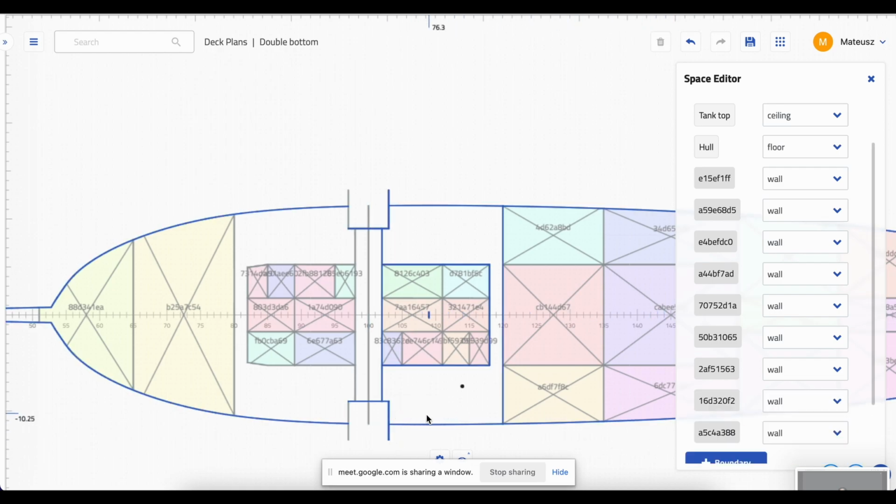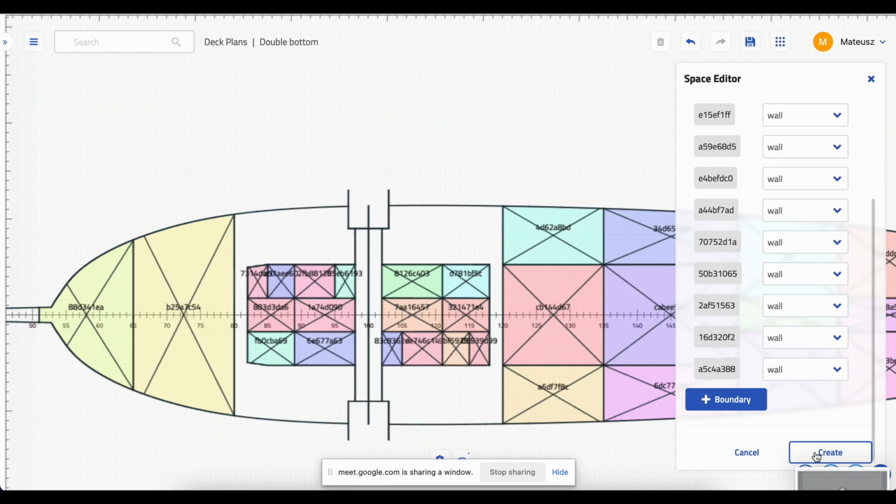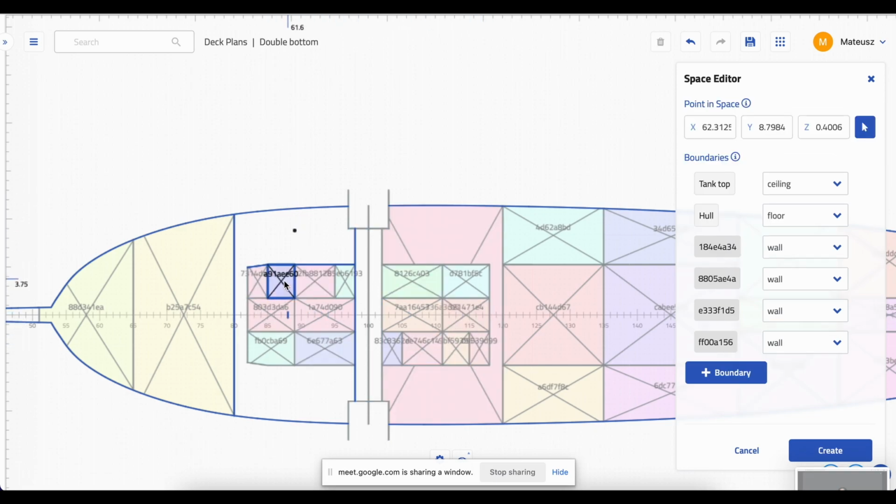Yes, and the last one. Yes, so we have all the boundaries selected. We can also highlight them more when we hover on a certain geometry here on the right side. But all of this seems to be selected, so we click Create, and the large space appears around these central tanks. And the reason why we have such a density of different tanks here is that on the top of that,